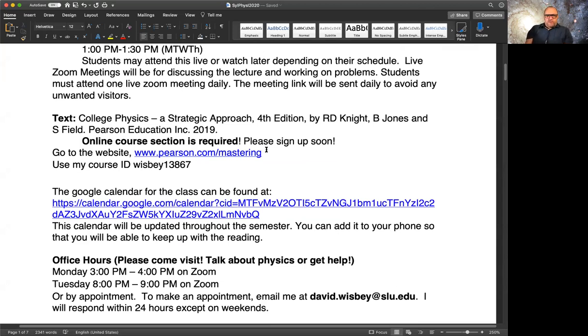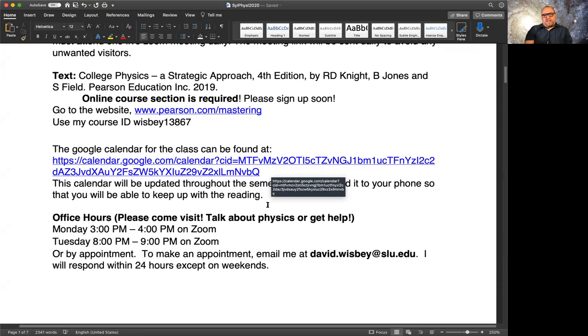You can also find our Google Calendar there. This is something that I've started doing recently. I created a Google Calendar which you can access on your iPhone or Android phone. With this calendar, I will post all of the assignments and what you should be reading, because this class is online, but I want to make sure that you know at all times what you're supposed to be doing. So if you click on the link here, it will take you to the Google Calendar,